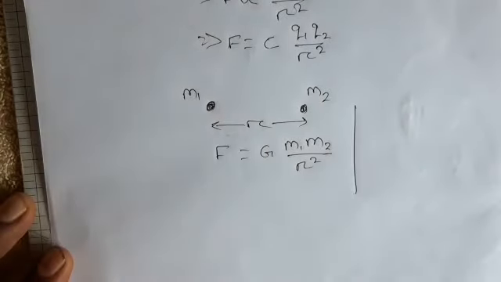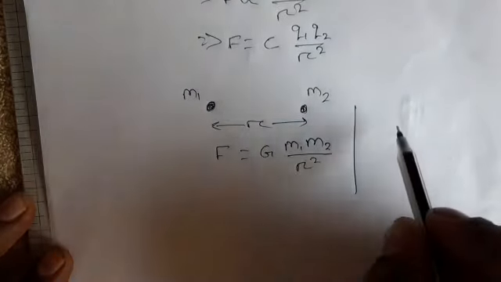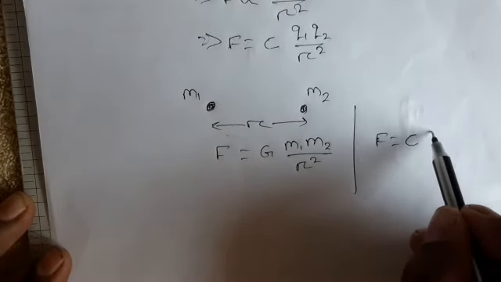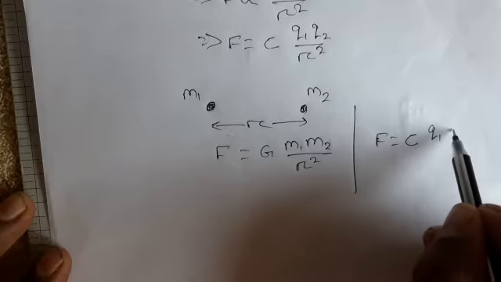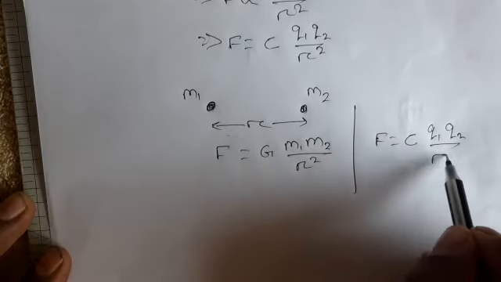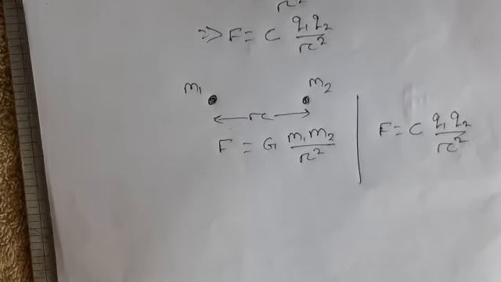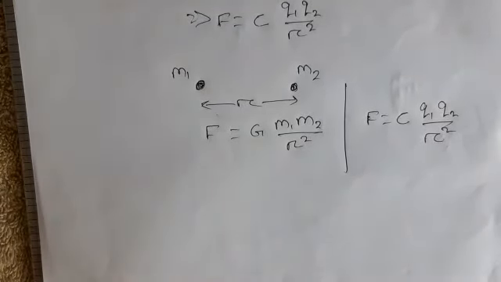Similarly, in case of electrostatic force, I can say F equal to C q1 q2 by r square, where r is the distance between two charges. C is the electrostatic force constant, and G, you know from the first class, is the gravitational constant. Okay, so here I have taken